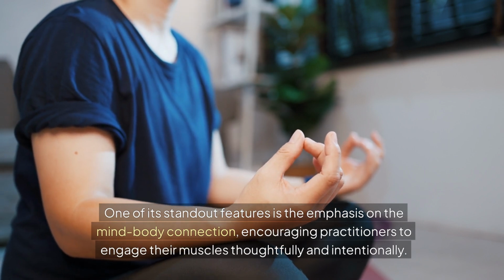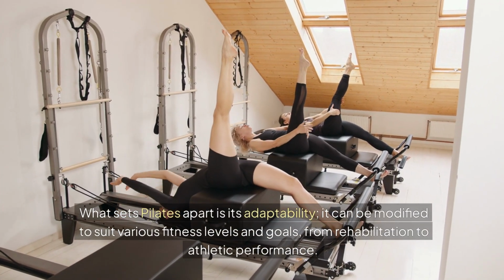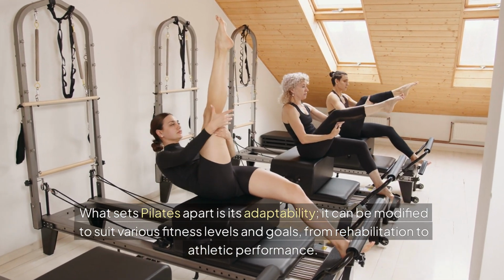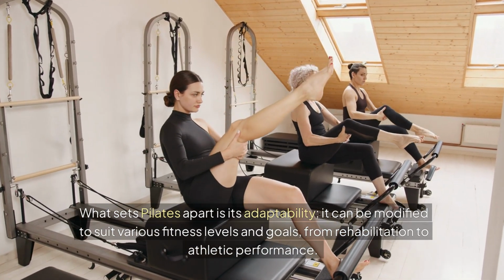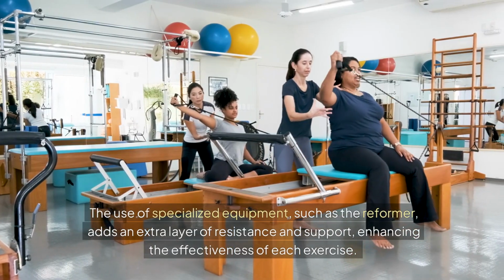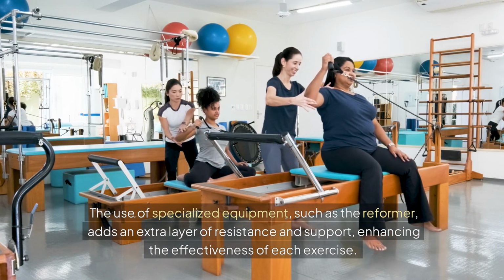muscles thoughtfully and intentionally. What sets Pilates apart is its adaptability. It can be modified to suit various fitness levels and goals, from rehabilitation to athletic performance. The use of specialized equipment, such as the reformer, adds an extra layer of resistance and support, enhancing the effectiveness